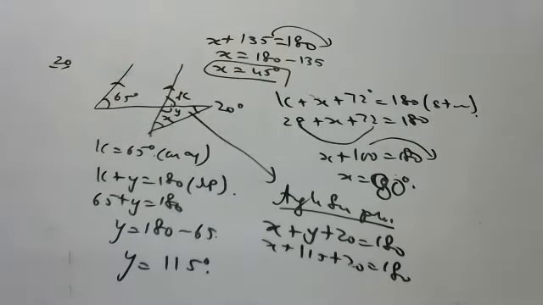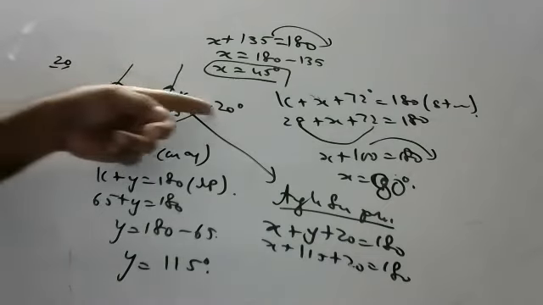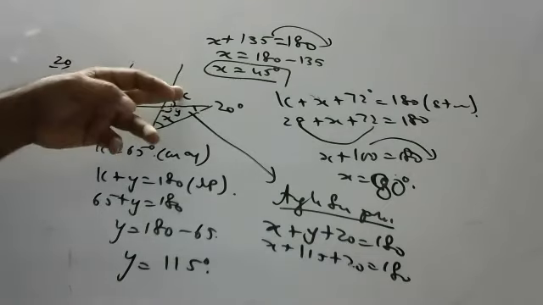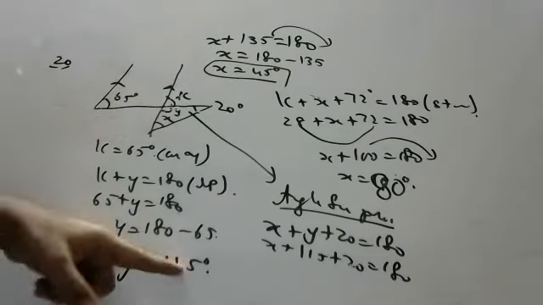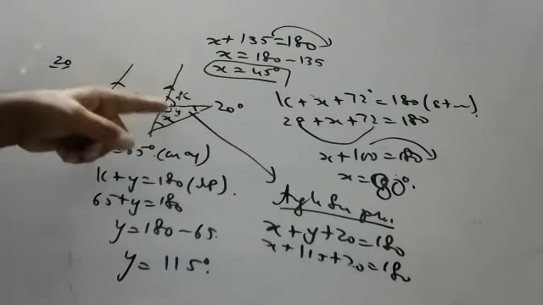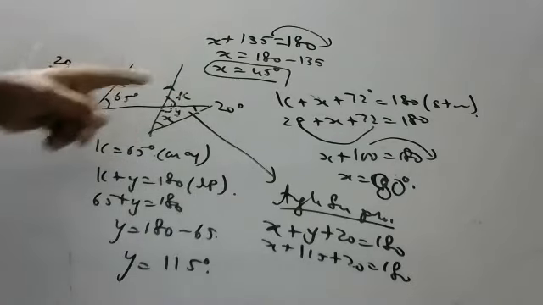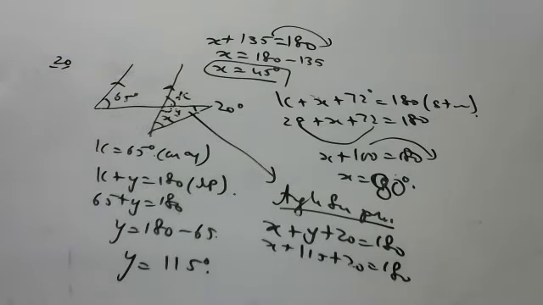Over, that's it. Those who didn't understand, please see here. If this is 65, this is also 65 because these both are parallel lines and this is a transversal. This is 65, this is 115 because these both are a linear pair. Then I applied the angle sum property. Corresponding, linear pair, angle sum property. Nothing rocket science. Very, very easy.